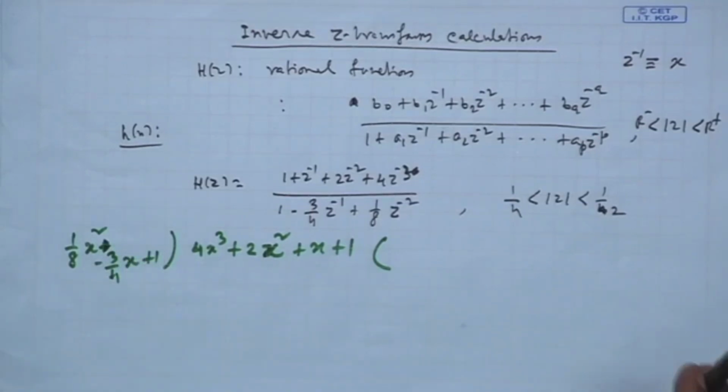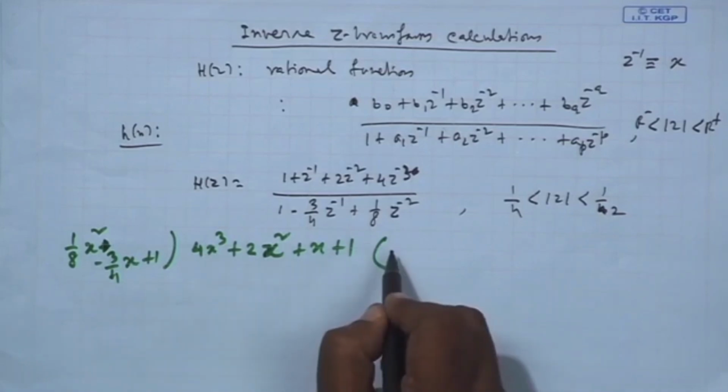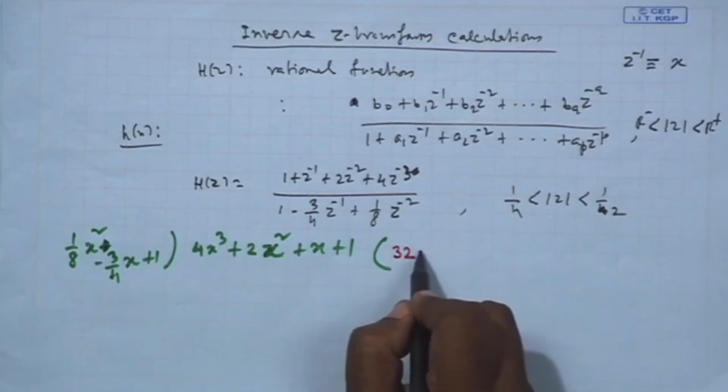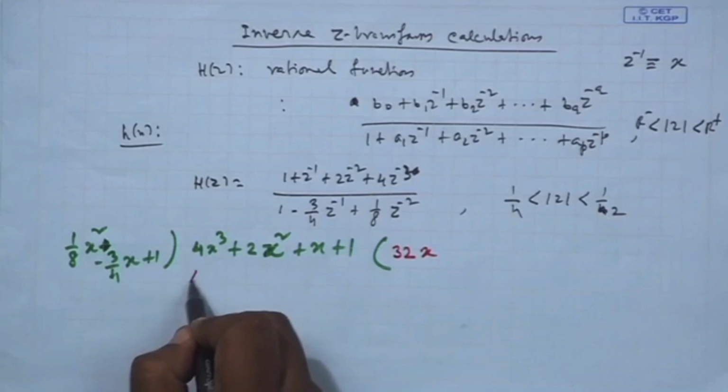If I divide, what will I get? You have to multiply by 32x, which will give your 4x cube